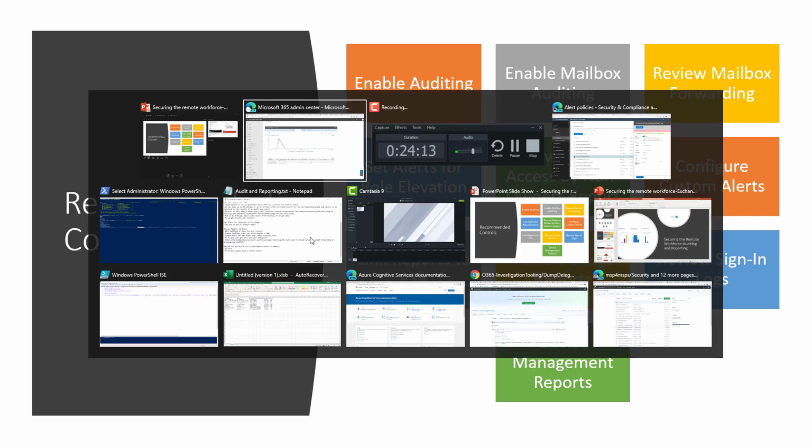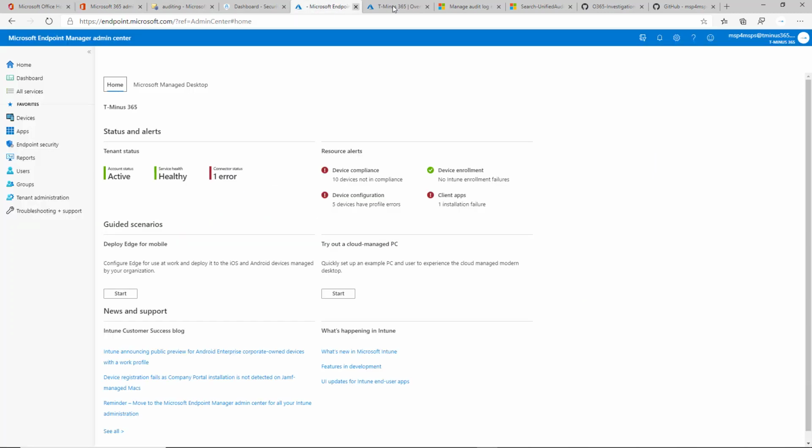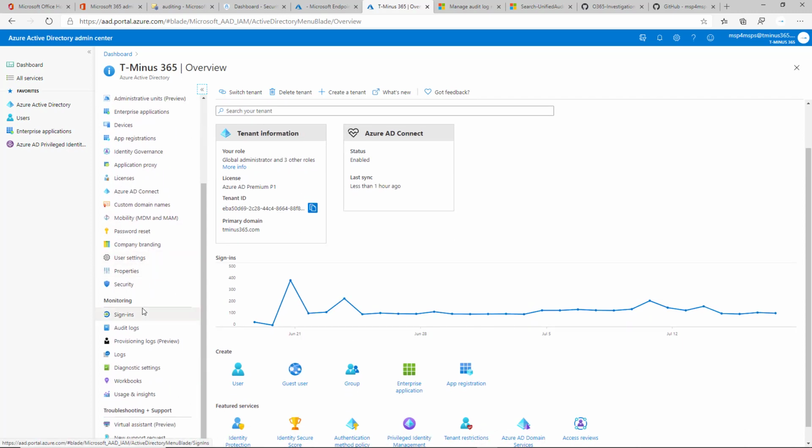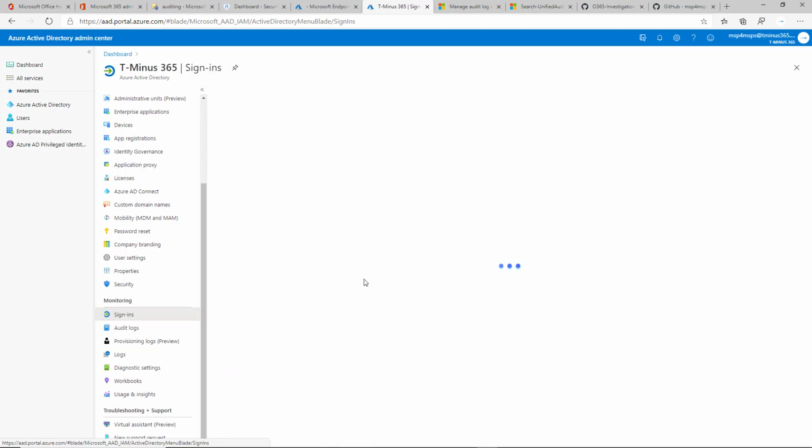Sign-in logs. So this one is in the Azure Active Directory Admin Center here. And with this, you can come down. Again, this is only available with the P1 plan. So you only have access to this if you have Microsoft 365 Business Premium, or you have this standalone, or you have EMS plus E3, which is $875 standalone, and that comes with Intune as well. So again, there's not going to be a ton of tenants that can see this